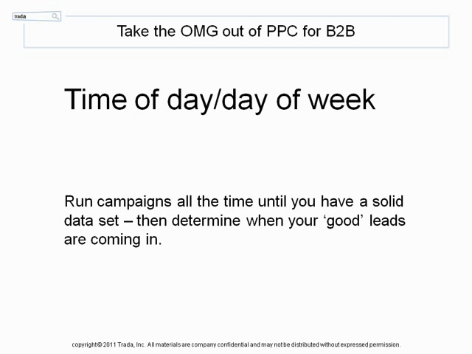So as always, I'd caution against making decisions based on not enough data. In the end, the amount you spend exploring options will be worth it. So once you figure out when the so-called bad conversions are coming in, you can use the day parting feature to tell the search engine, don't run my ads on weekends, don't run them between the hours of 10 p.m. and 6 a.m. or whatever you want. So you might argue that by day parting you're missing out on potential leads, like people who live abroad. And maybe you are missing leads, but you should really use cold, hard data to determine if they will actually become customers.